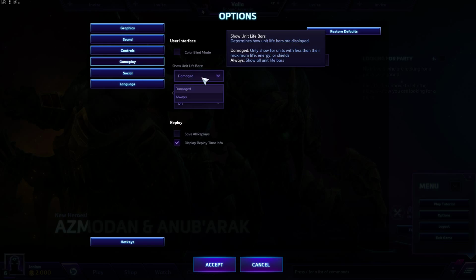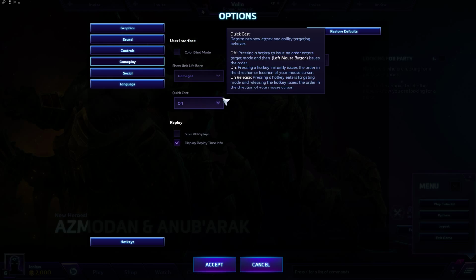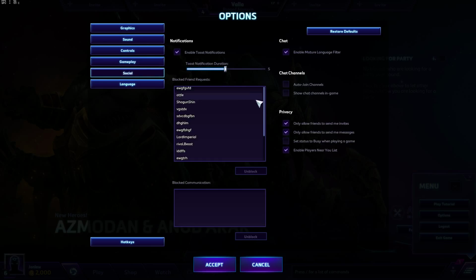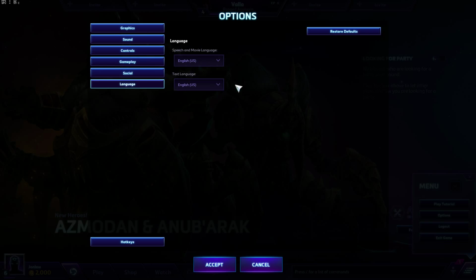Gameplay, show health bars, colorblind mode, that's always awesome when games have it. I don't need it, but it's always good to have it just in case. And replays are good, Blizzard game of course. And this is awesome. All PC games should have that for multiplayer. Just keep them on. And language, there is a lot of it. So with that said,